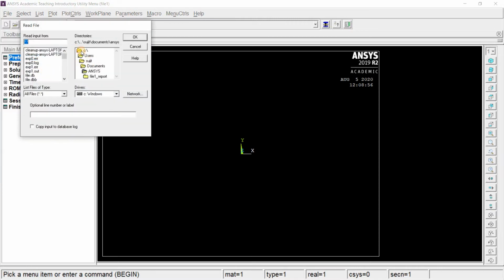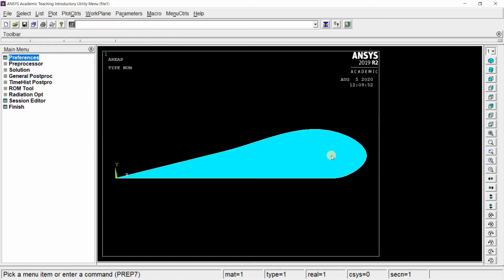We must go to C, program files, ANSYS, ANSYS student, version 19.4, again ANSYS, under data go to models. Here you will find some models. In this we must select wing.inp and give OK. The model will be imported.